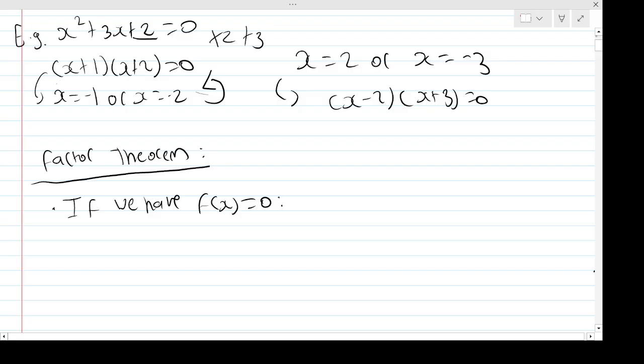But in general, if we have a factor, so again in these examples, the factors were x plus 1 and x plus 2. If we generalise that to say x minus a, and you'll see why it's minus in a minute, for any number a whatsoever, so it's sort of a general factor, just any factor x minus a. If that is a factor of our original equation or our function,